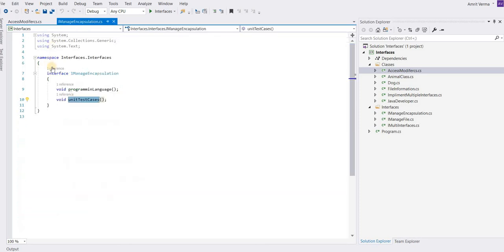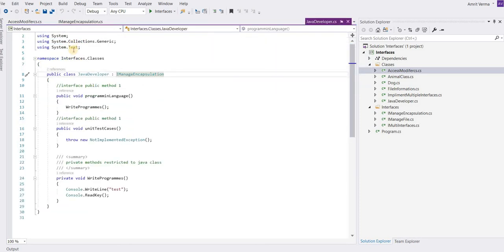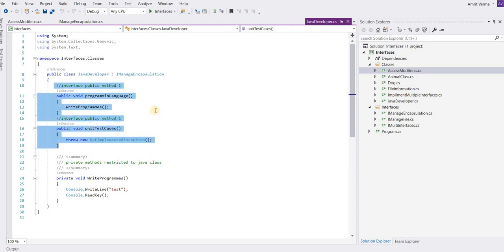This is the Java developer class. If you are a Java developer, you are implementing this IManageEncapsulation interface. These are the two public methods; when you implement it, they are automatically created for you, and you just have to write the body part.